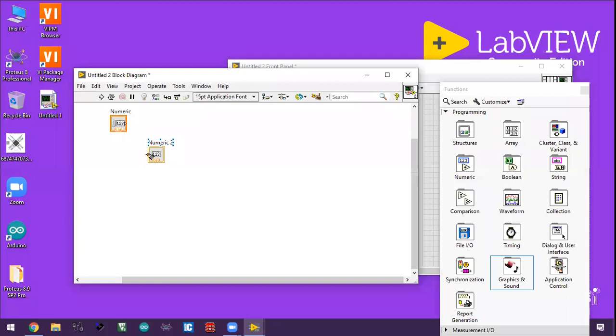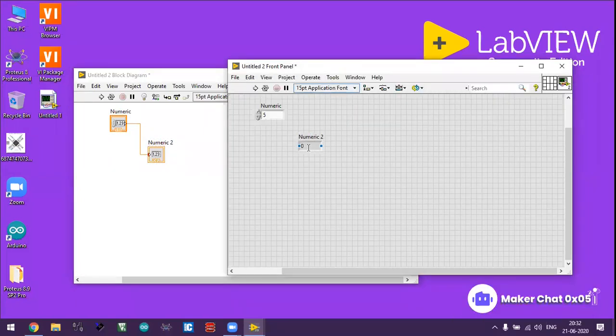And this is an indicator, so wiring comes into it, so we can connect with this. So this is a simple block diagram. You can see a wiring connection is there. From the numeric control, I have joined the wire to the numeric indicator. Now if I run, this is a temporary run button, and this is a permanent continuous run button. You can go for just the simple run button.